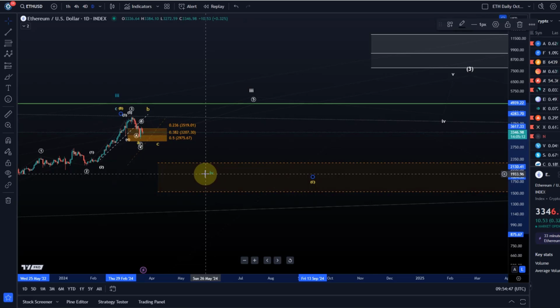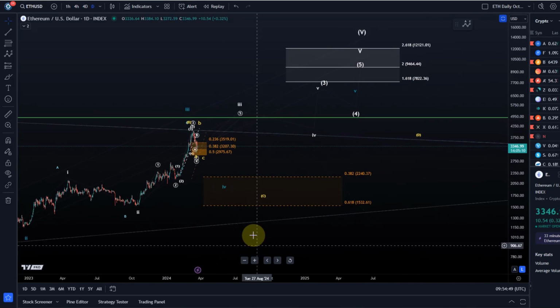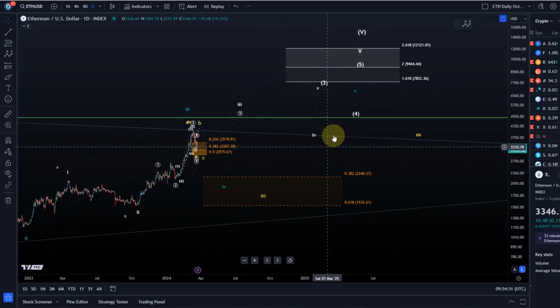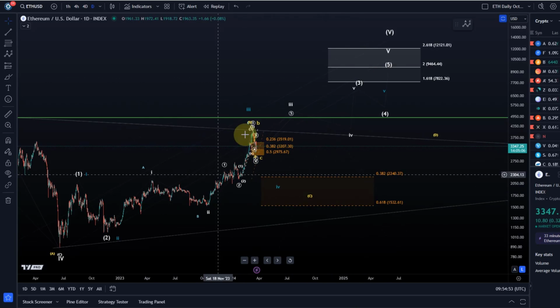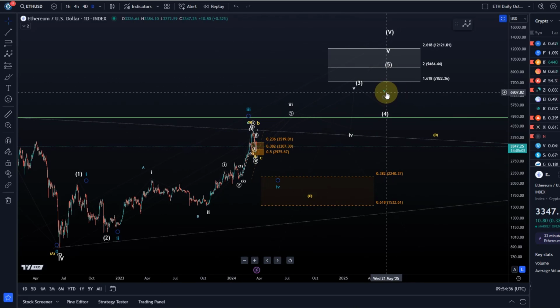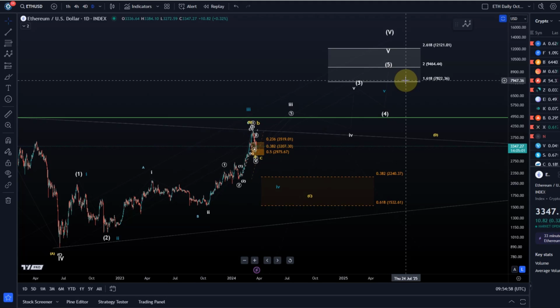And then we are still looking for a fifth wave to the upside afterwards, which would be an ABC structure. And if that starts from here, we might not quite get to an 8K plus. That's sort of what I'm tracking right now. But be aware that even diagonals can always extend. So they might morph and extend, and we might eventually get to that 8K level or even more.